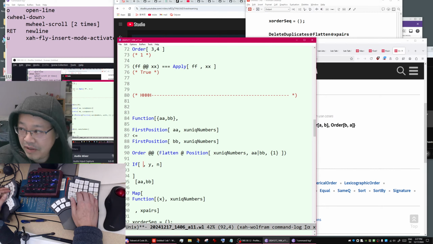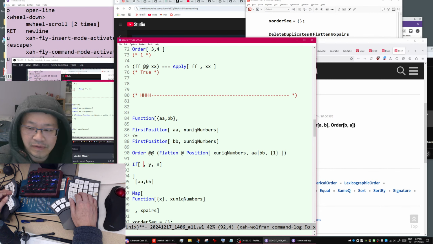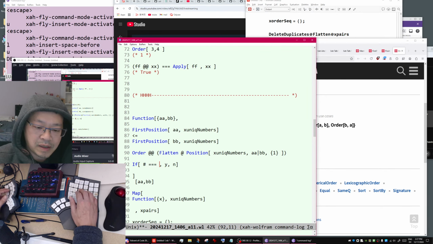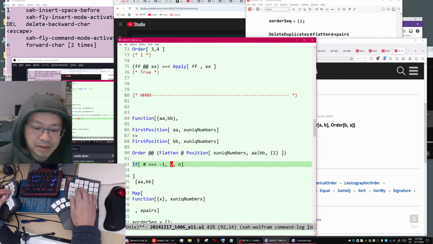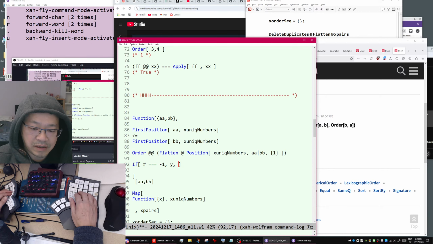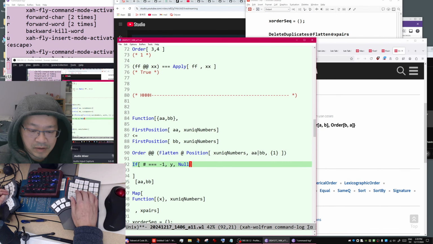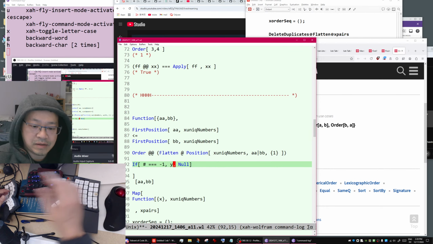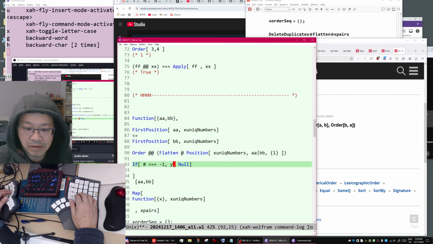For example, an If statement, if the argument is 0, if it's -1, that means you need to swap it. Otherwise, do nothing. So how do you swap it? Well, to swap it, you can just say